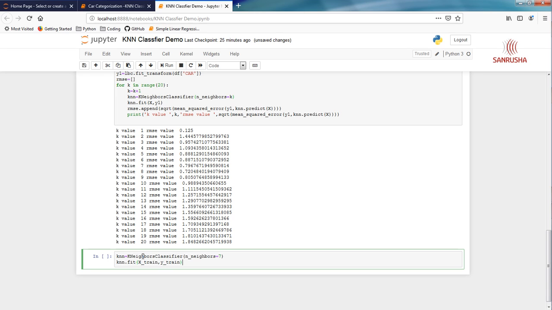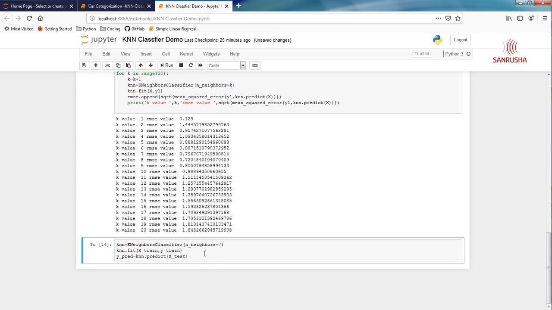Awesome. So once we have our data model fit on the training data set, we are ready to predict. So y_pred is going to be knn.predict, x_test value. Good job.